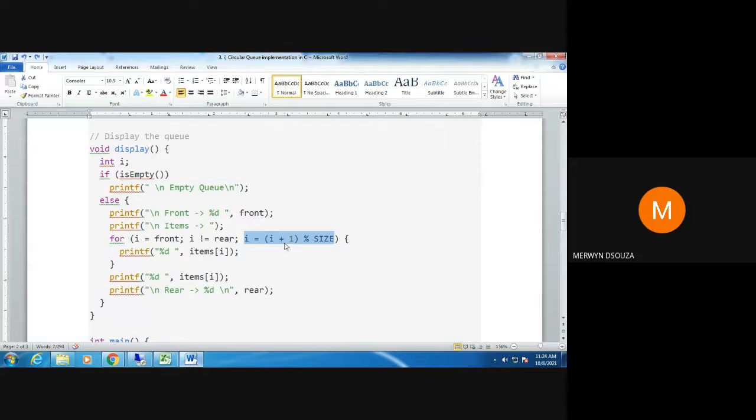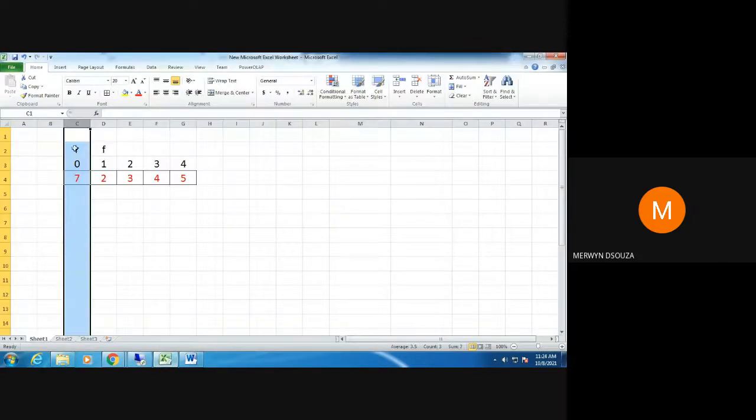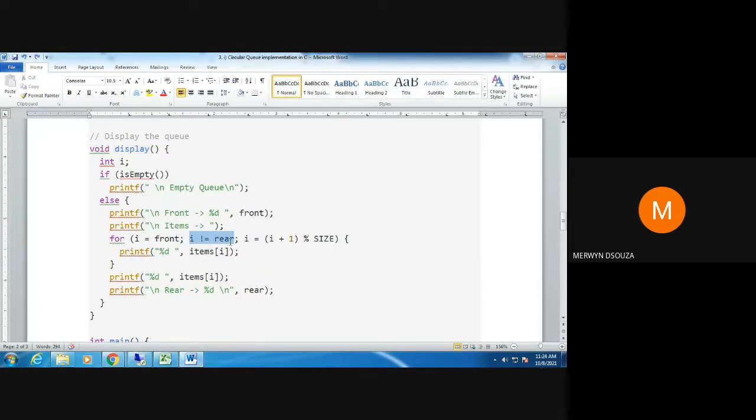So it comes back to the starting and displays 7. After displaying 7, the condition will fail. That's why in the display function also we have this formula. Everywhere to increment we have to use this formula in a circular queue.